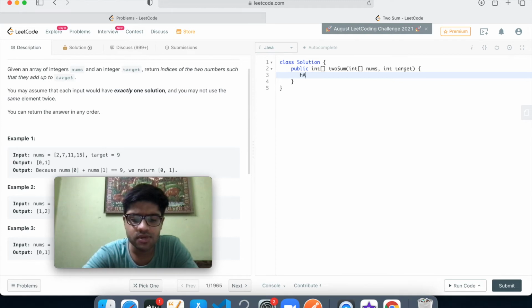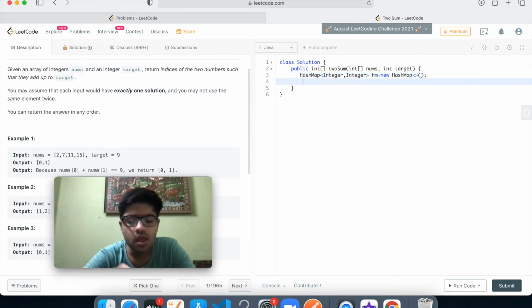We need to create a hash map, and it should be integer comma integer, right? Okay, now let's see one thing.